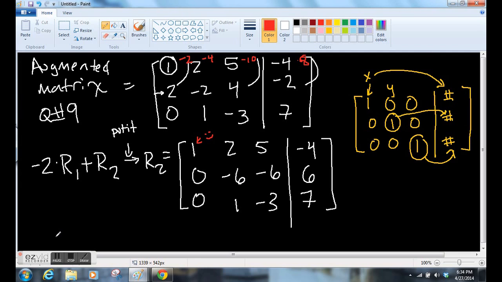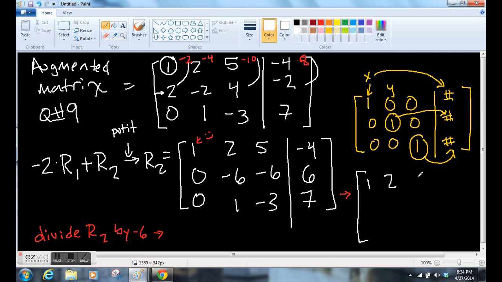divide, what is your book? Oh, your book does something different. Oh, why did they do that? I was going to say I'm going to divide this row 2 by negative 6. Okay? So, this thing now becomes